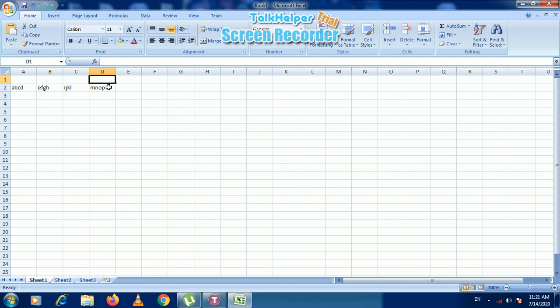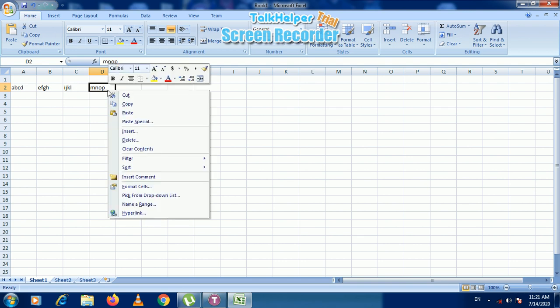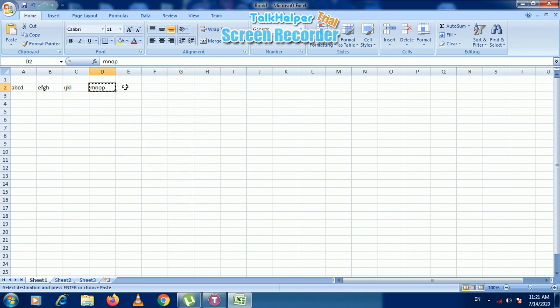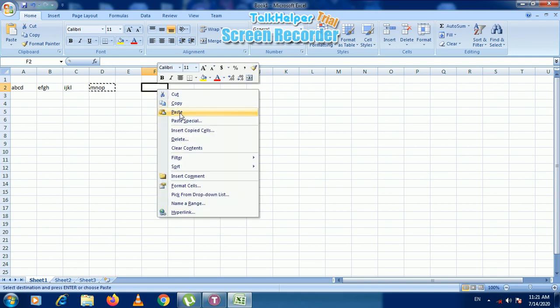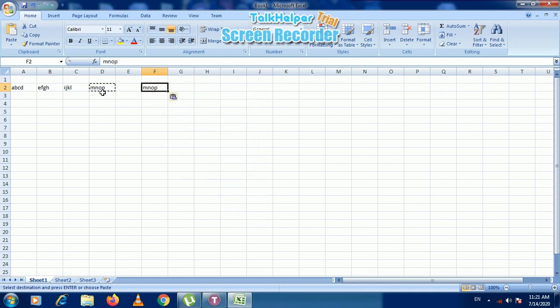Now there is an option of copy and paste. To copy and paste data, you have to click on the data which you want to copy. You have to do a right click. There is an option of copy. When you copy the particular data, after that you can paste it anywhere in the sheet wherever you want. If suppose you want this data in F2, you can go there, right click and click on paste. That particular data which you have copied is pasted in F2.